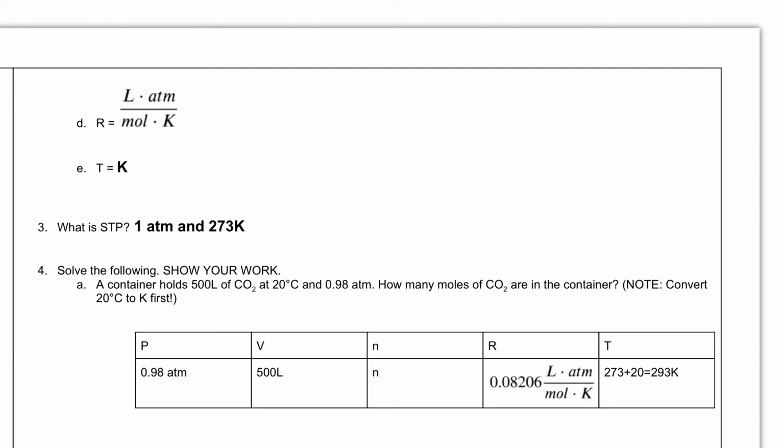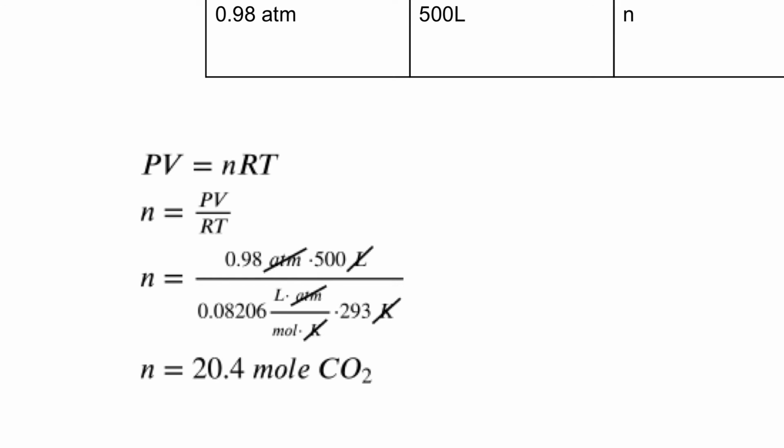So note you first have to convert 20 degrees Celsius to K. So my pressure is this, my volume is here, N is what we don't know, R never changes, and then T is 273 plus 20 equals 293 K. Plugging those into the ideal gas formula, which is PV equals nRT, and then rearranging the equation to solve for N, so N is equal to PV over RT, I'm left with N is equal to 0.98 times 500 divided by the quantity of